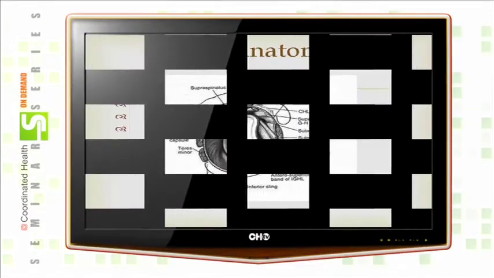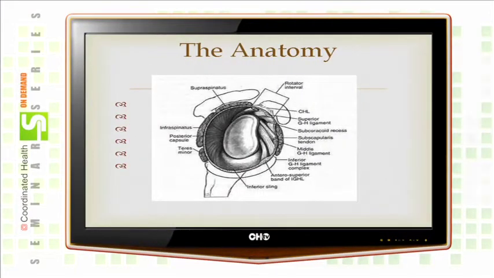Shoulder anatomy. I always like to start to talk a little bit about the shoulder. The shoulder is a ball and socket joint, and what makes it so fascinating is that the stability of the shoulder is inherently based on the soft tissues around the shoulder, not the bone, as compared to a hip. And I'll show you a picture of that.